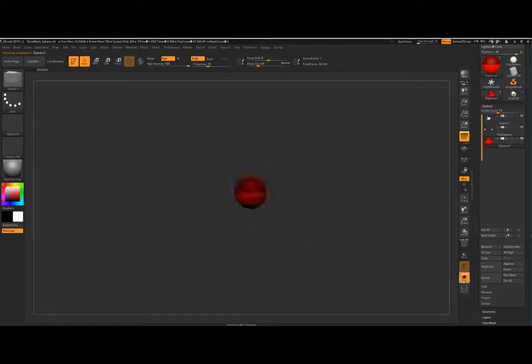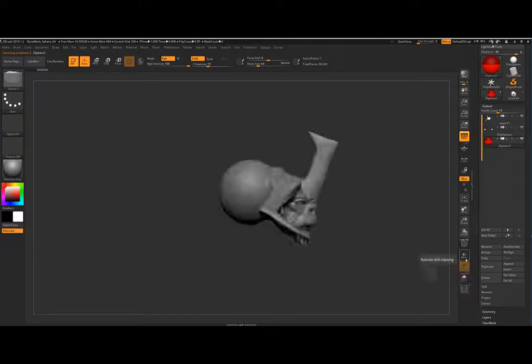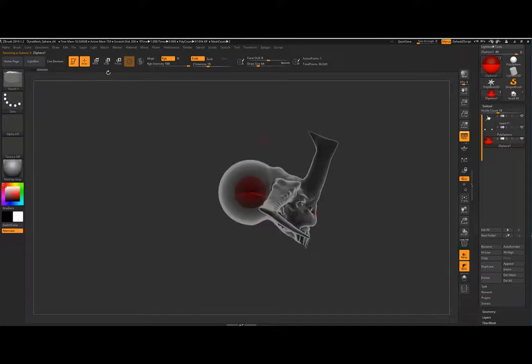Now, you can't see it in there. I'm just going to scroll that out so you can see. So there it is. I'll make it transparent so you can see it's actually inside there. So I'm going to go ahead to my Move, and make sure I'm in that side viewport, and I can move this over. Now, I can scale this by hitting my, well, actually, let me just talk a little quick